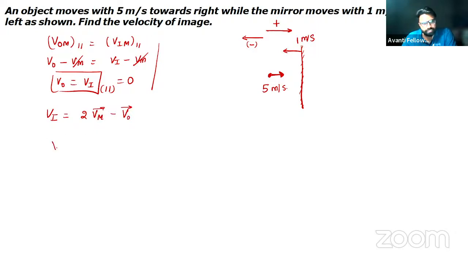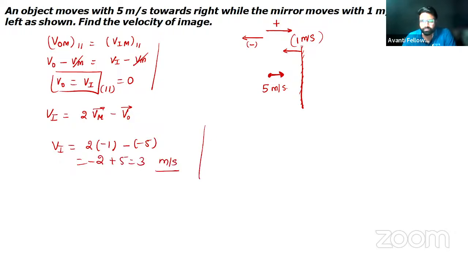Now Vi is equals to 2 times, you need to put velocity of image as negative. Why? Because this direction we have taken as negative. Minus 1 minus into minus 5. So it will become minus 2 plus 5, which is 3 meter per second. So if you combine that, velocity of image is nothing but velocity of image parallel plus velocity of I cap into